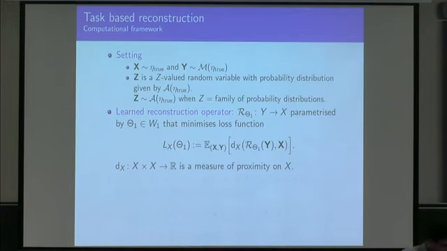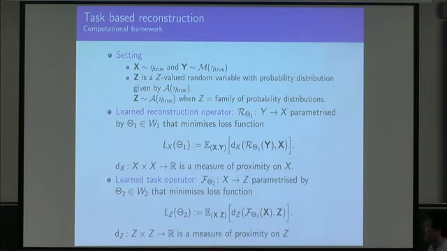And typically, I might also say that my task operator is perhaps learned, right? In the same way, it maps a reconstruction into the set Z, and it's parameterized by its parameters theta 2 and it's obtained with its own loss function, which is definitely the LZ loss function, which doesn't really have to do anything with the LX one. Now these are so far not talking to each other, right? They are not joint in any way.